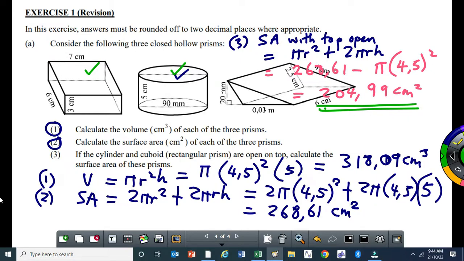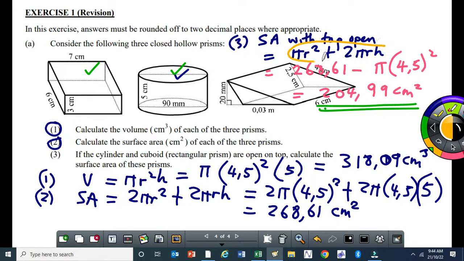Isn't it supposed to be minus on the general formula? The general formula is not supposed to be a minus. I say, if you want, there are two ways here. You can substitute into this formula here. These two come to this answer. But I didn't want to waste unnecessary time. We already have the total area with both the top and the bottom. If there's no top, you just subtract the area of a circle. So I just did it that way, but you can also do it this way by substituting to that formula. Okay, you can verify, but